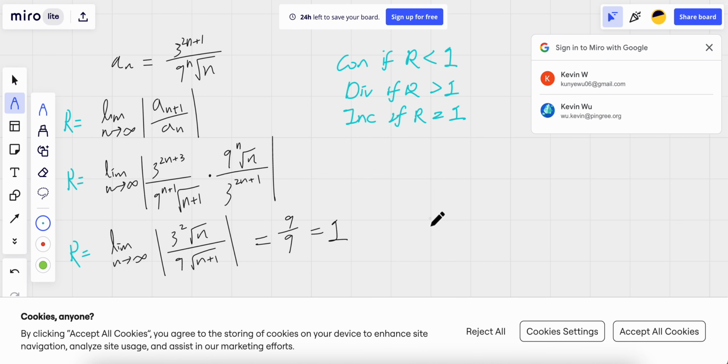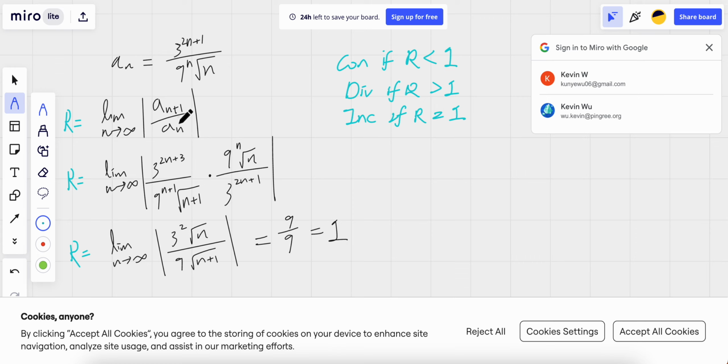So according to the ratio test, the limit as n approaches infinity of the absolute value of a sub n plus 1 over a sub n is our expression for the ratio test. And if r is less than 1, the series is convergent. If r is greater than 1, it's divergent. And if r equals 1, it is inconclusive. So let's